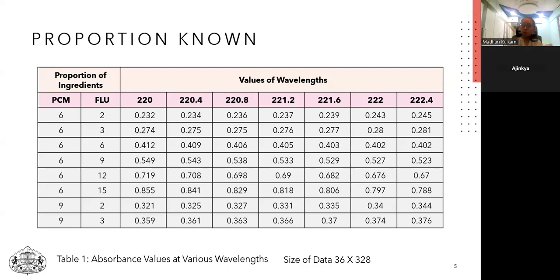And now what did I have to do? For this data, I know the proportions. So I will fit a regression model using all these columns as regressors. I will fit a model for the proportion of PCM, then another model for the proportion of flupirtine. Once I have got the best possible model using this data, which is referred to as training data or calibration data, I will use this model to predict the values in the original tablet. In the same manner that these lab mixtures are created, the original tablet is dissolved by a certain procedure and a solution is created.